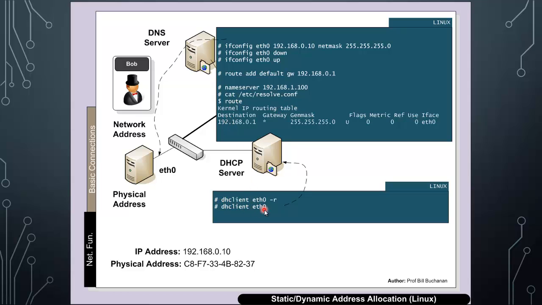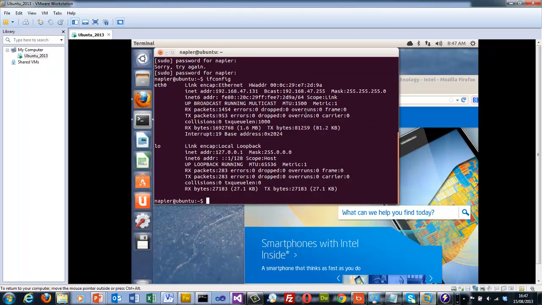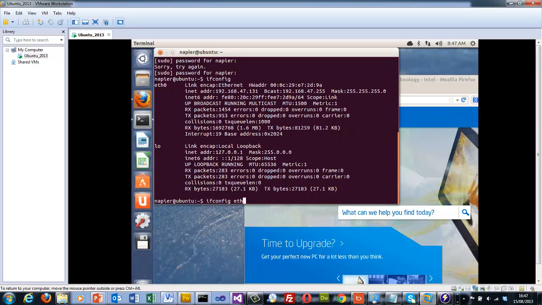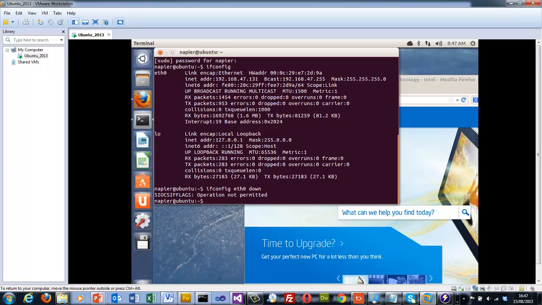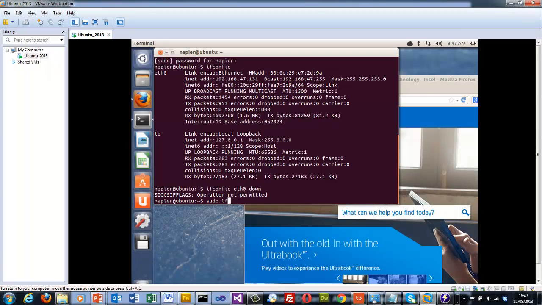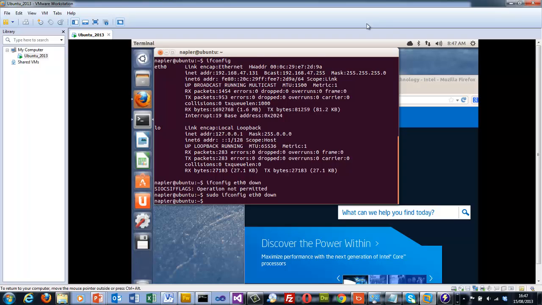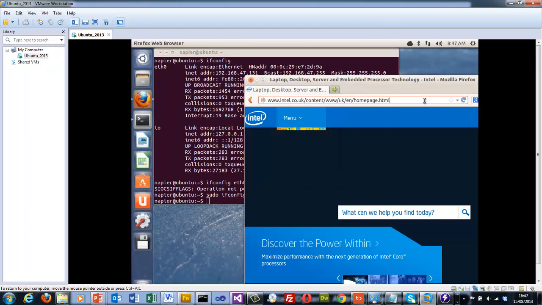And the other option that we can have is to use dhclient eth0. So in this case, it will use DHCP and get an address from the DHCP server. We can make the Ethernet network go up and down if we want. So ifconfig eth0 down, and let's try that, and hopefully